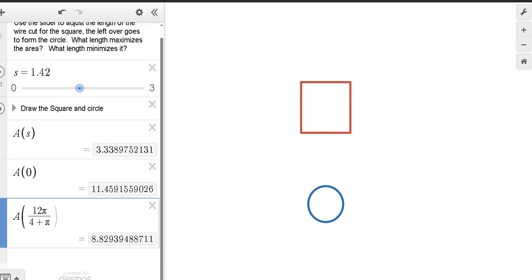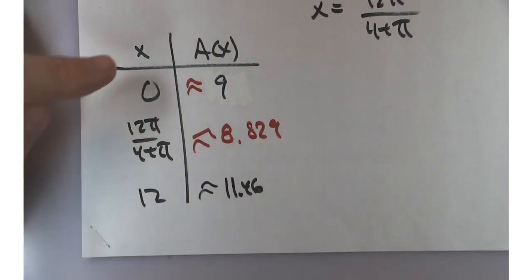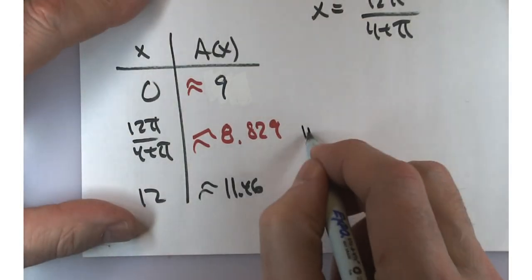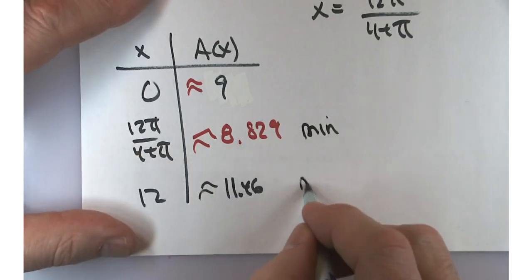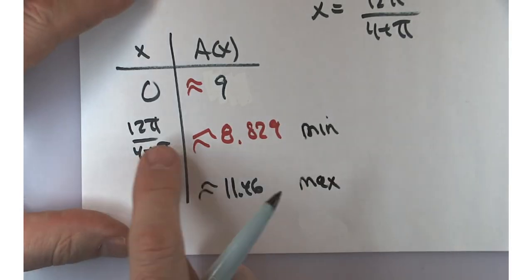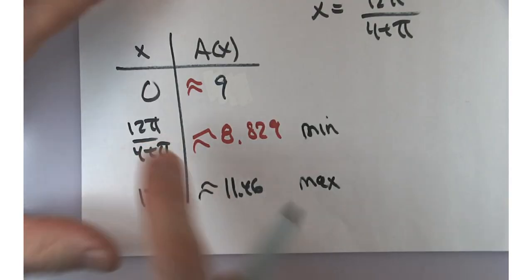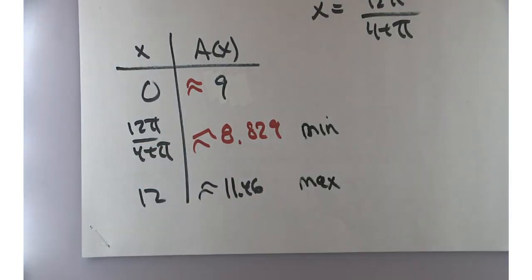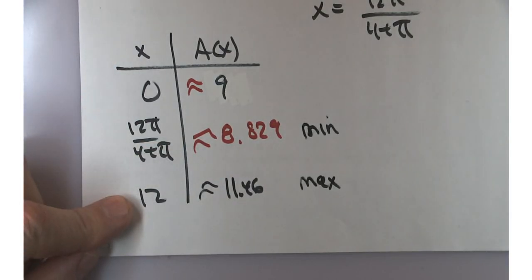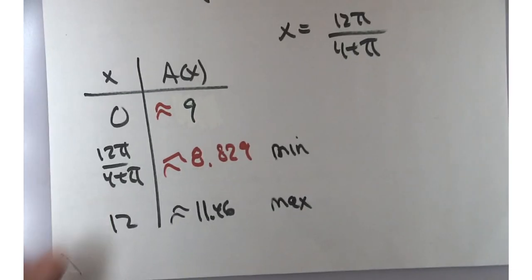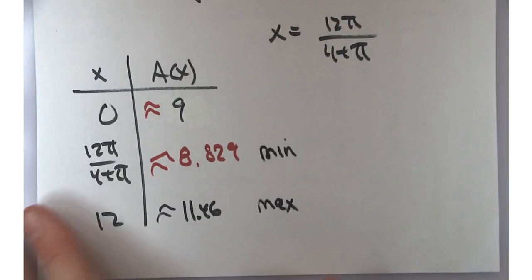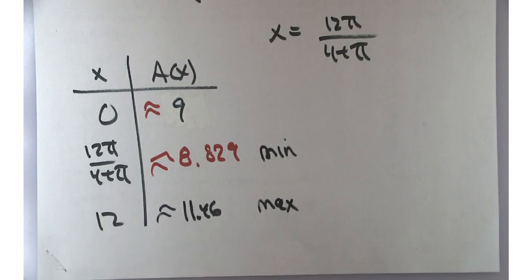So we've got a minimum at this value of x, when you're splitting things up between the circle and the square, and the maximum is if you put all of it into the circle. All right, that's good enough for today. I wanted to get some more, but sorry. See